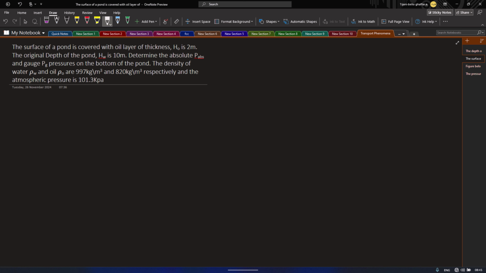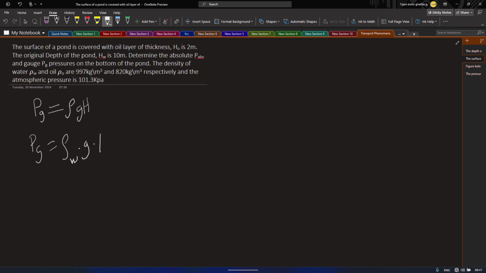The first thing we need to note here is we have two pressures acting in the pond. We have the pressure for oil and the pressure for water. Therefore, the gauge pressure is the sum of the pressure due to the water and oil layers. Remember in our previous video that we said gauge pressure is equal to density times acceleration due to gravity times height. Therefore, in this situation, gauge pressure is equal to the density of water times